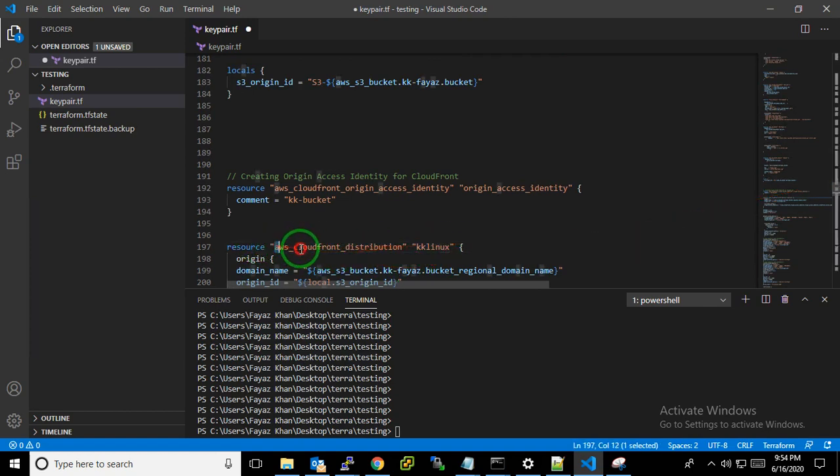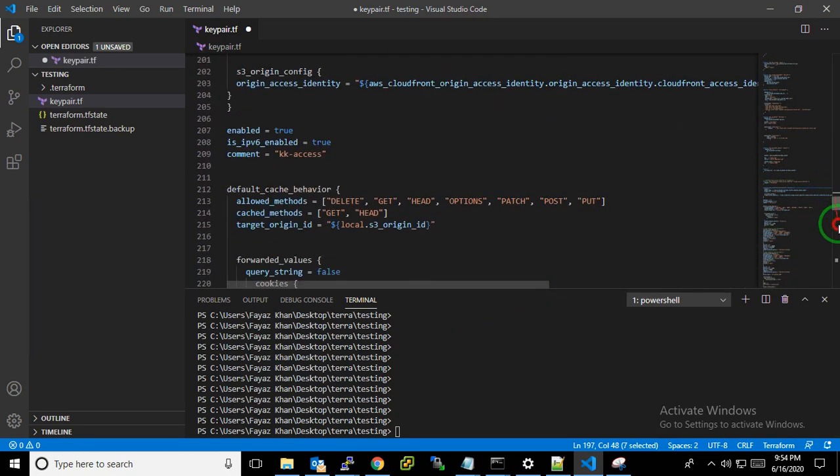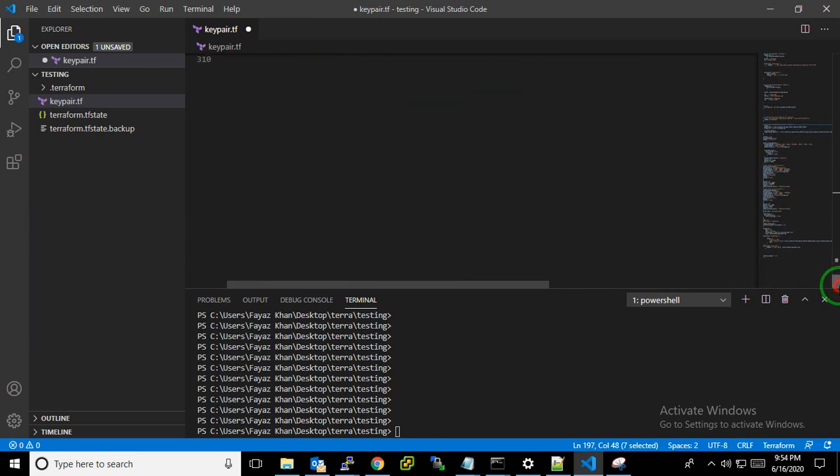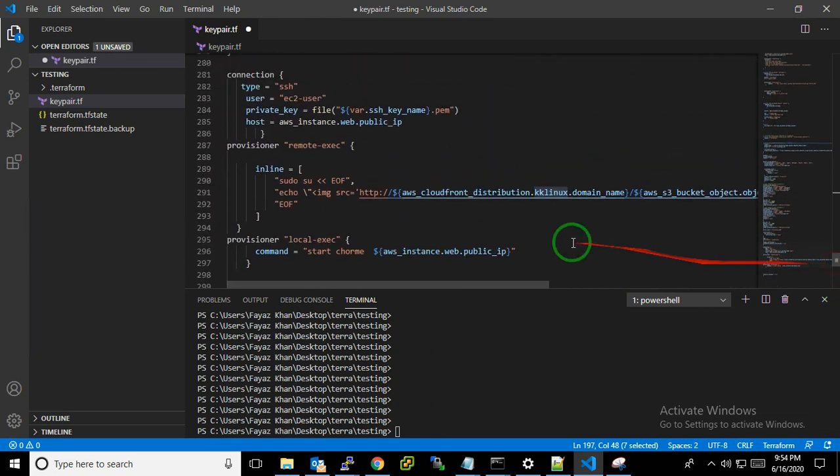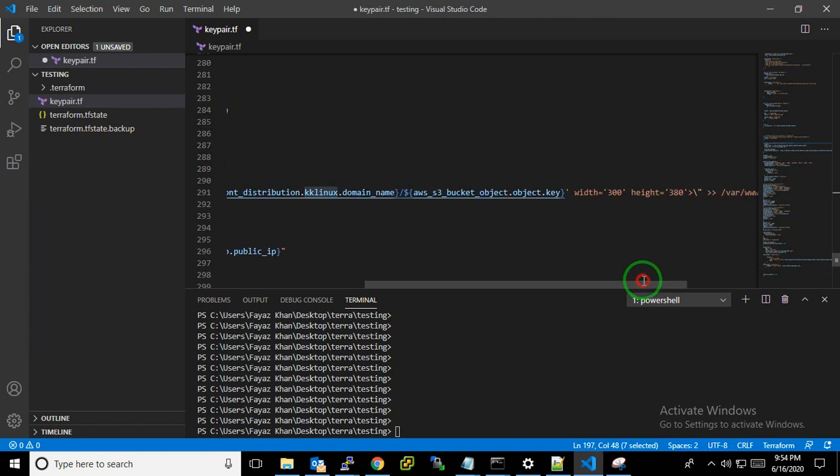So I am calling this AWS with the help of the name KK Linux, and go within my domain. Okay, let me show you again. Domain name and then go to my AWS bucket object, where the object name is called the object key. So I am just calling that one.